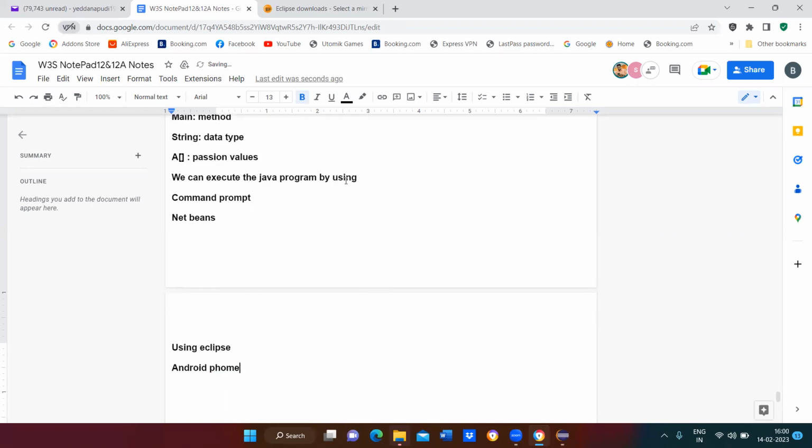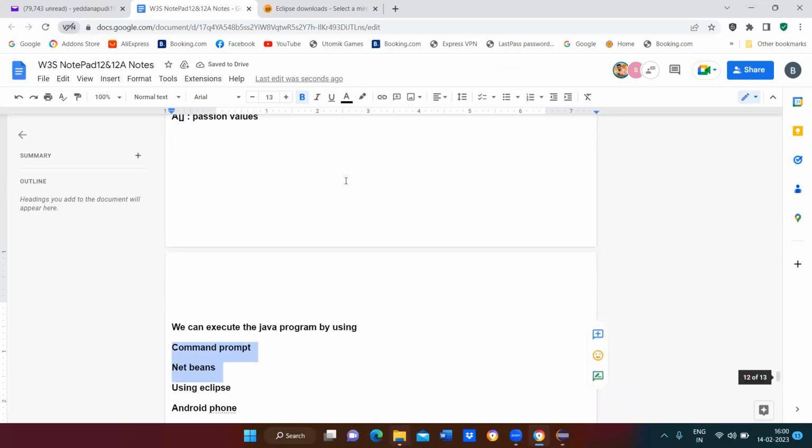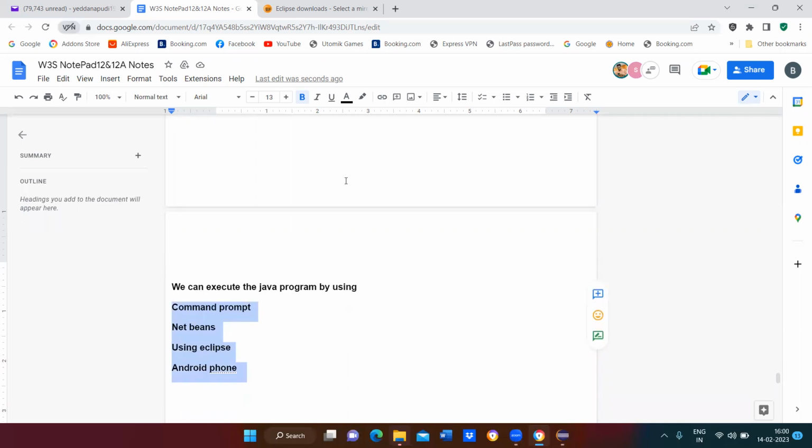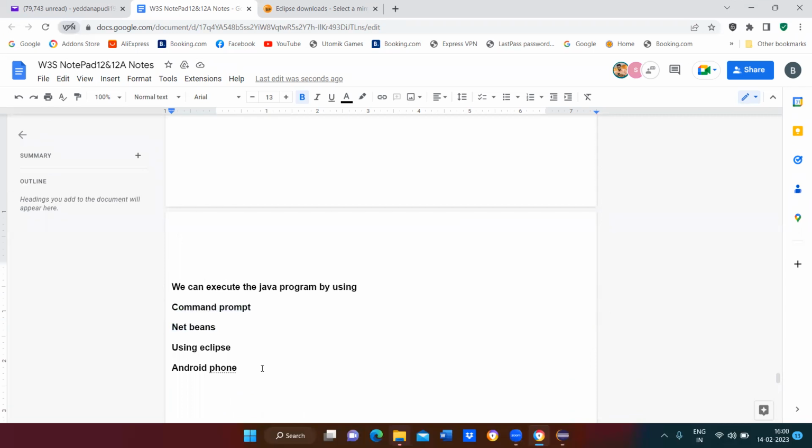If they ask you how you are going to execute a Java program, we can execute Java in multiple ways. One is by command prompt, second by using NetBeans, third by using Eclipse, and the fourth is by using an Android phone. By using an Android phone, we can run Java. So these are the various ways we can run your compilation.